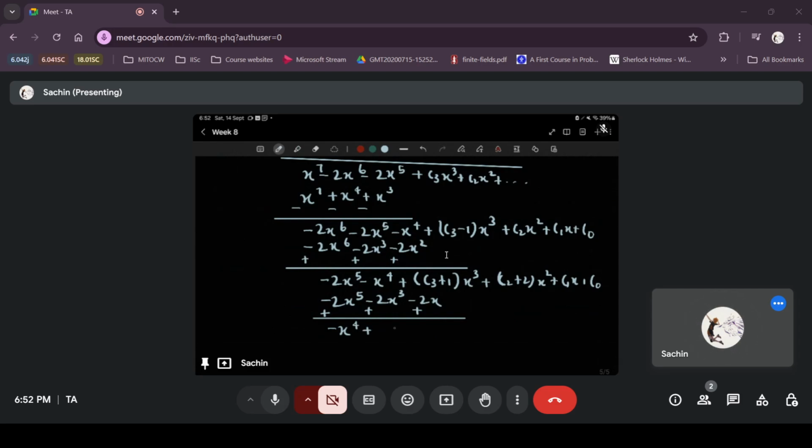Minus x^4 plus (c3 plus 3)x^3 plus (c2 plus 4)